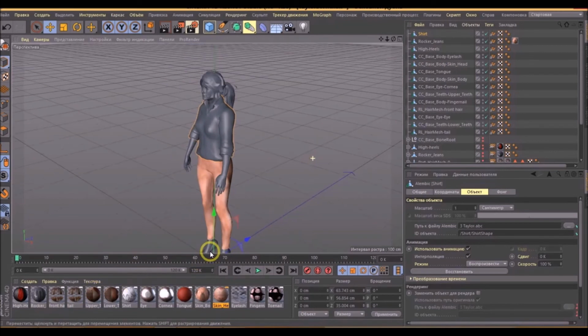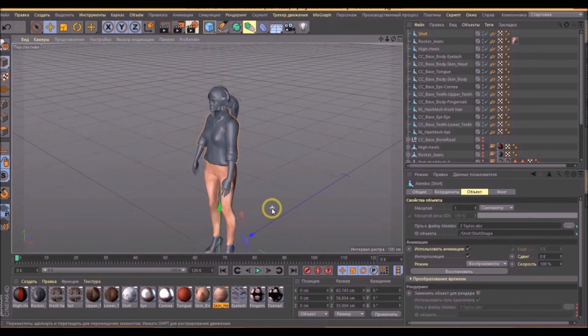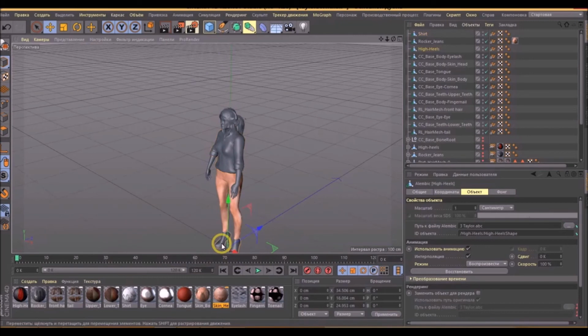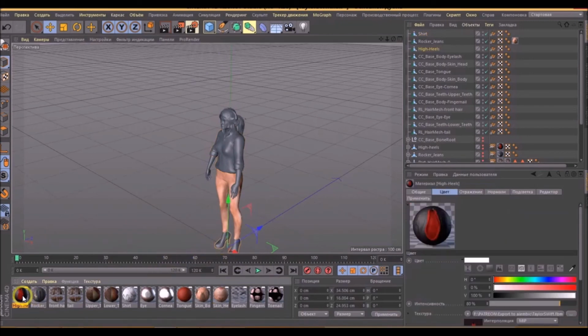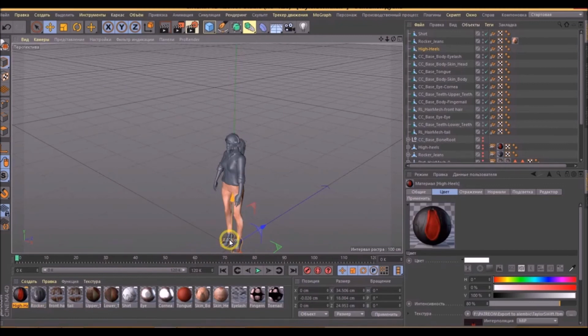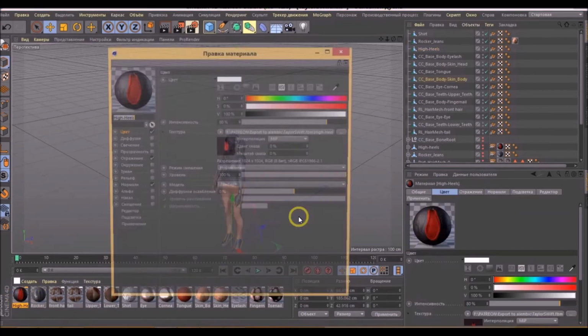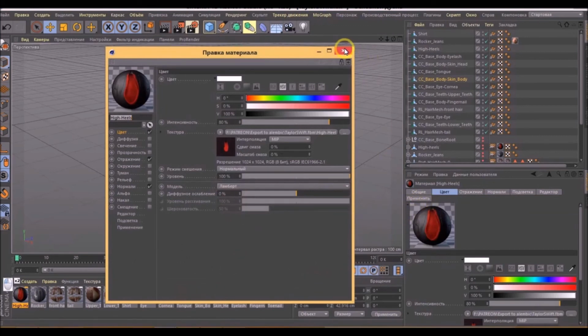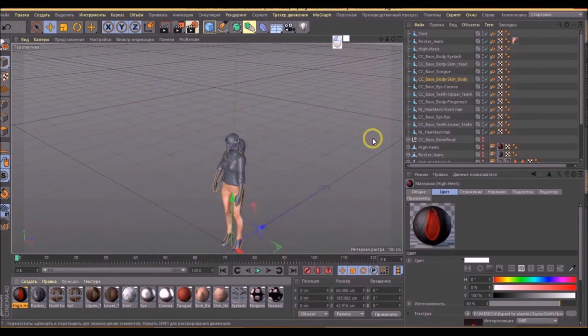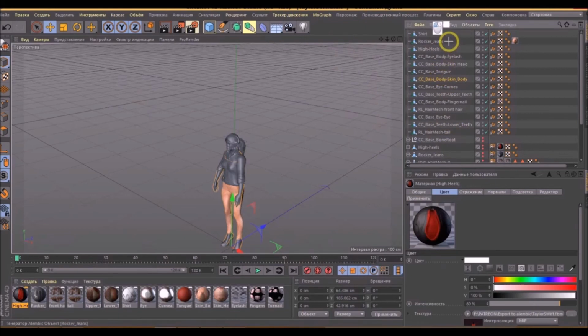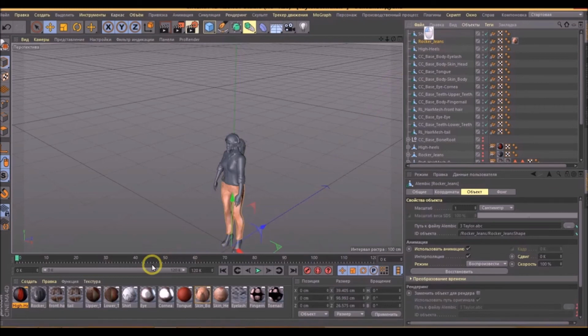Then open the 3D Exchange program and export the checked avatar file to the FBX format. The only difference is that in the export targets you need to leave the value custom and make all active buttons the same as when exporting FBX to Maya.